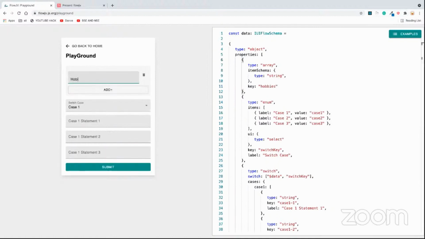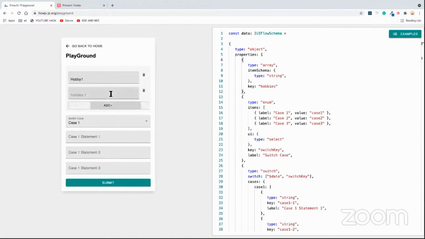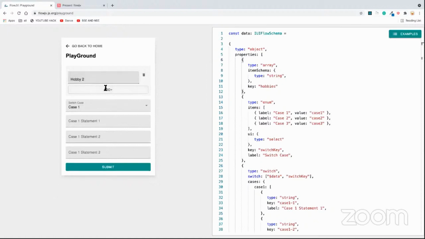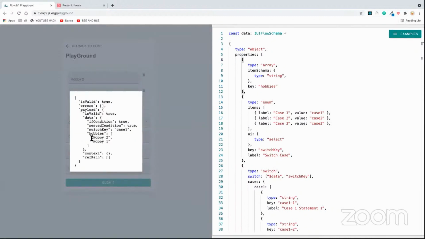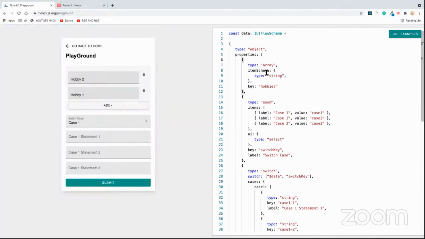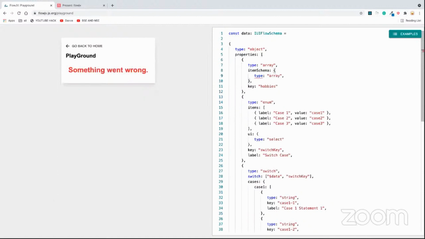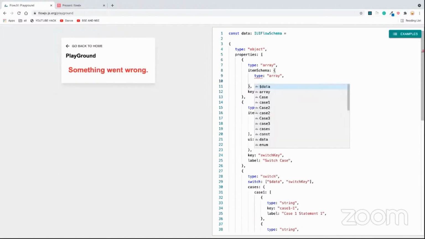I will have hobby 1, and then I have hobby 2. You can define all of this stuff within FlowJV. And now if I submit the data, it shows that, all right, these are the hobbies I've got. And now you can even go crazy where you can say an array itself contains some arrays, an array of arrays.